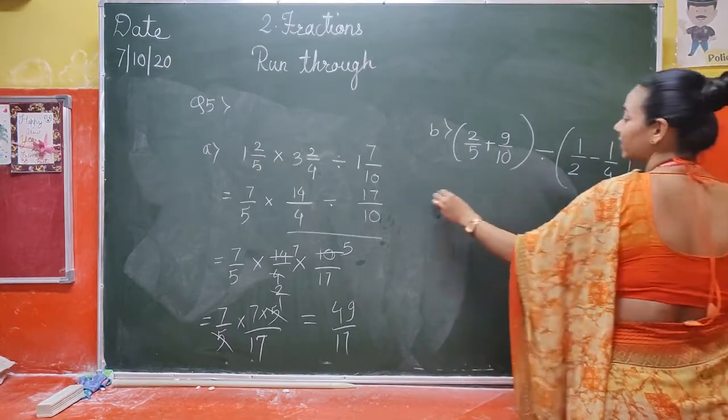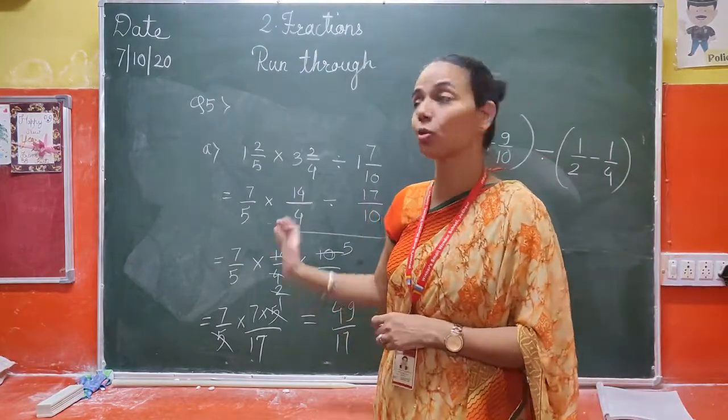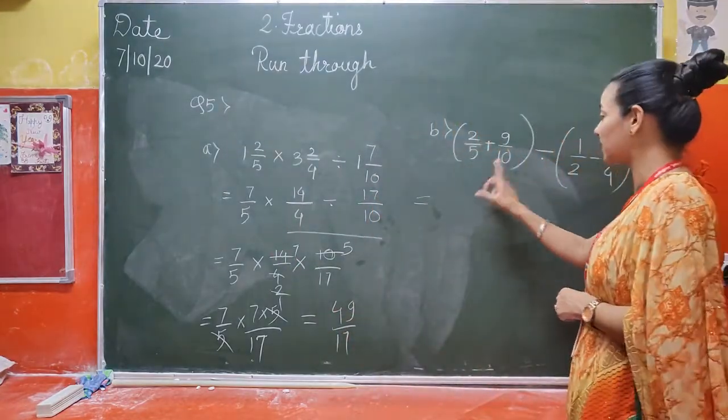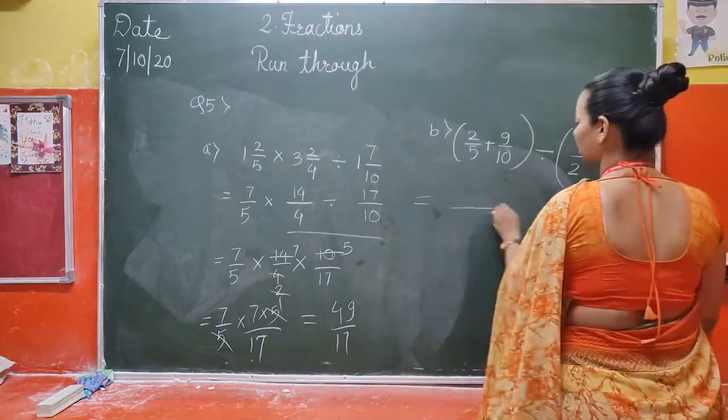So they have provided us 2 brackets here. So first of all, we'll solve the bracket first. So we will solve the individual brackets first, this one and this one. We have to solve both of them, this and this. So let us do it. First here.